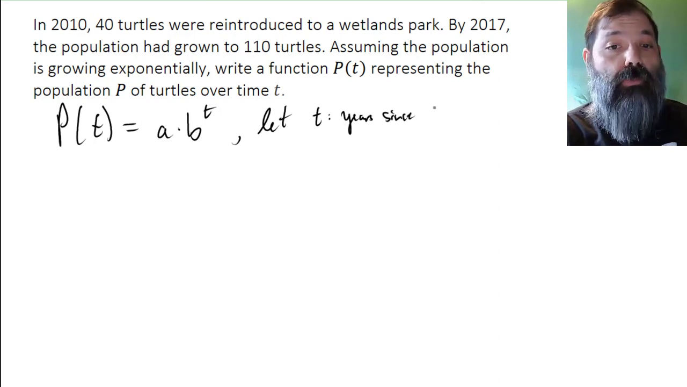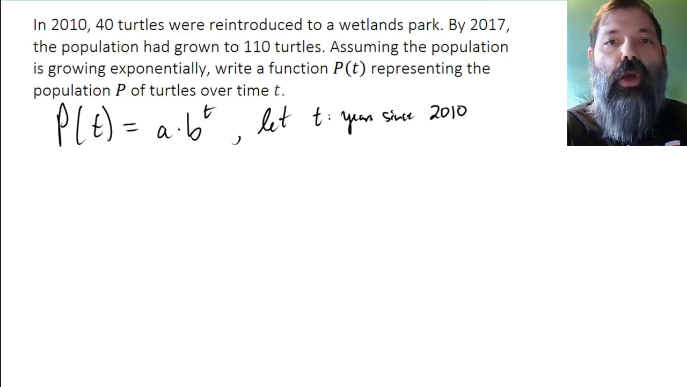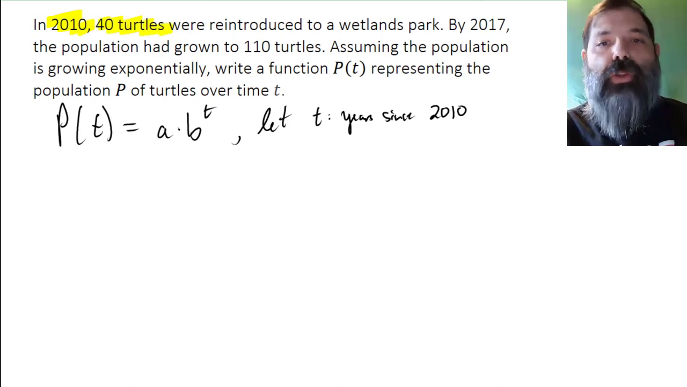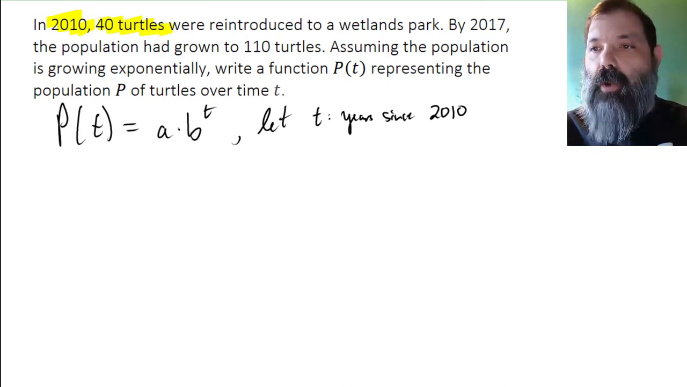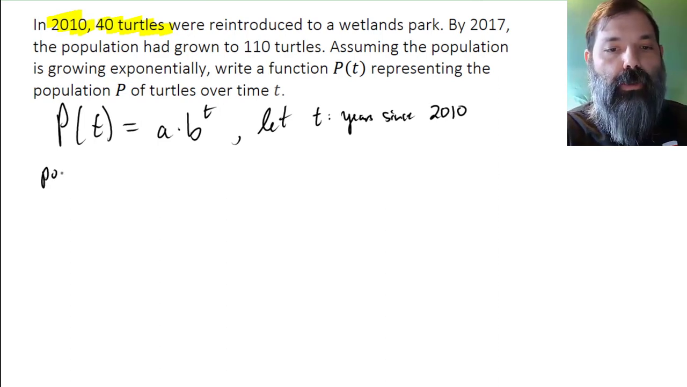since 2010. And this is a good choice because now, since t is the years since 2010, we have an initial data point. In 2010, there were 40 turtles introduced to the wetlands park, so that means we have the point